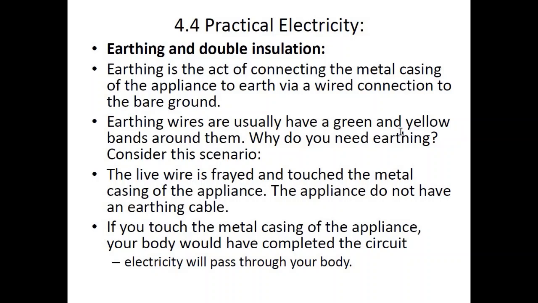The outer casing of the appliance is metal, so now the current is flowing through that conducting surface. And if the appliance does not have any earthing cable, the current would keep on flowing through the outer casing, and when anybody touches it,